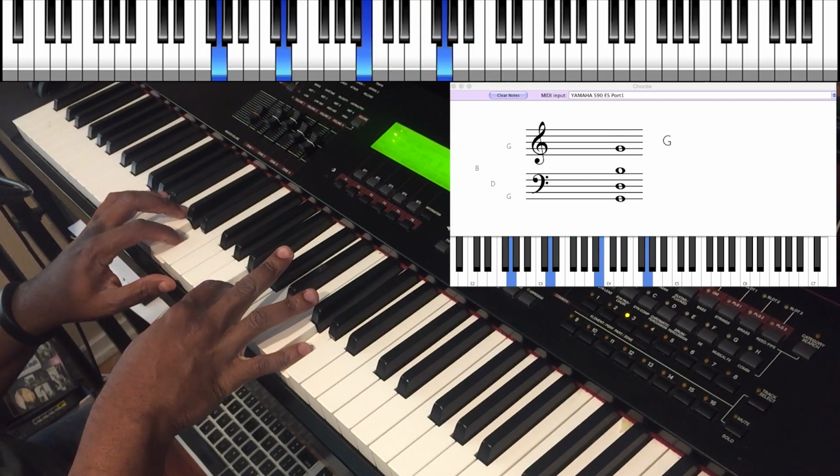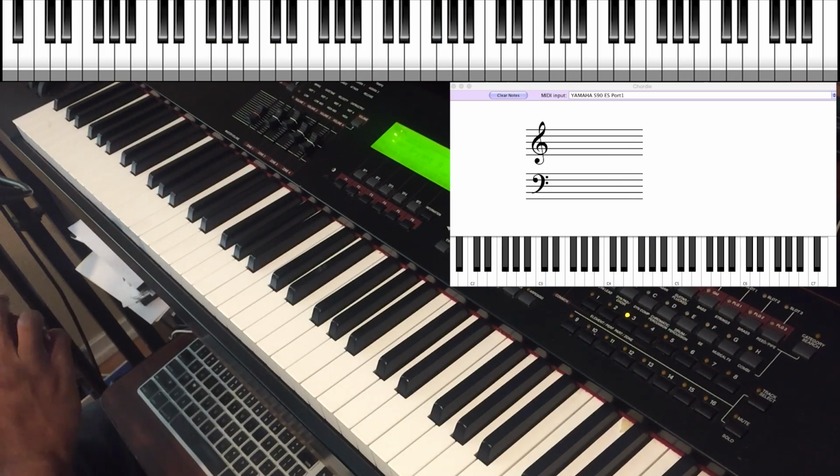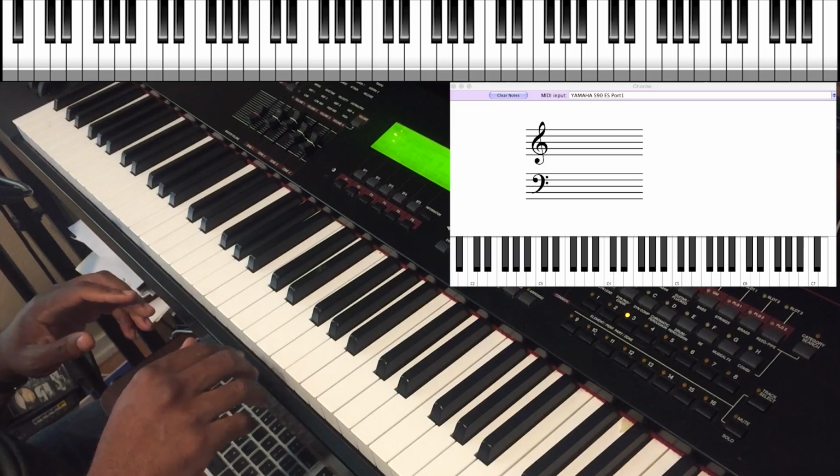So in Key of G, you can see I just ran through that song, and you can put some gospel-y ideas in there. If you're a CCM player and you're into